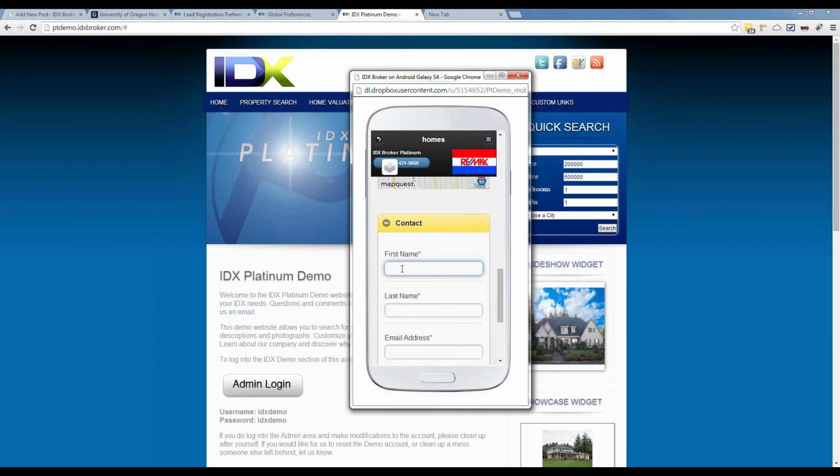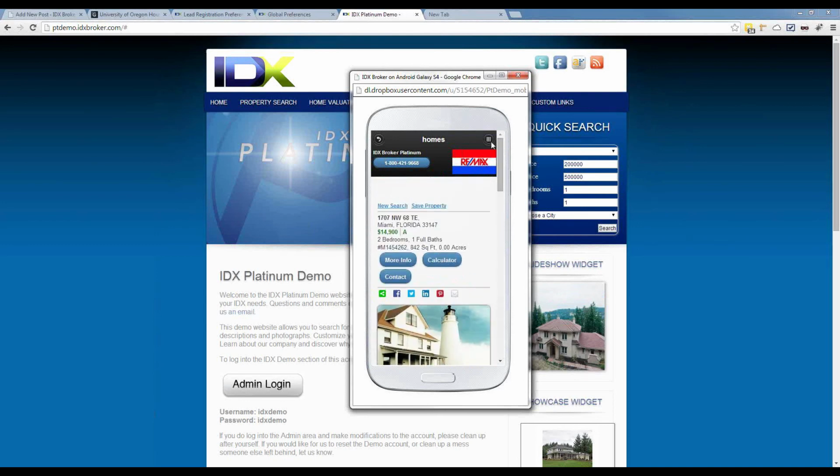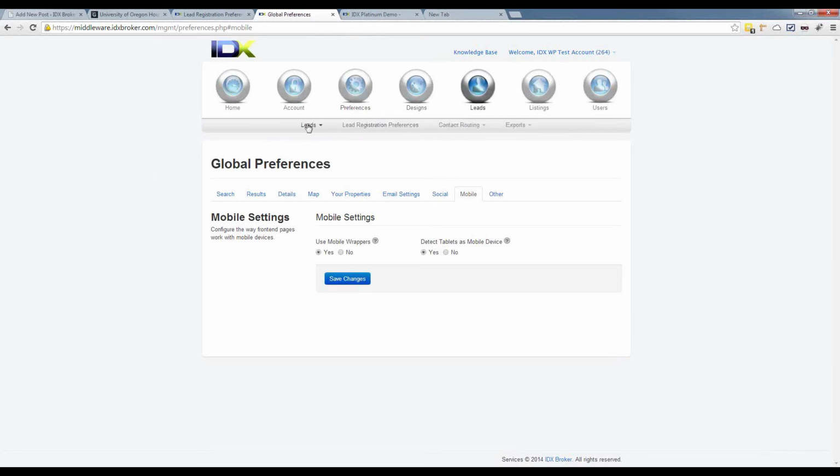The most common use for this is a scenario where you have searches set up for certain people. You have a search set up, and you've got the mobile pages turned on, and then those emails go out to your clients. When that person clicks on a property in one of those emails, and the emails are automatically generated as new listings match that search criteria, they see this mobile page. Just to give you a visual sense for what I'm talking about,